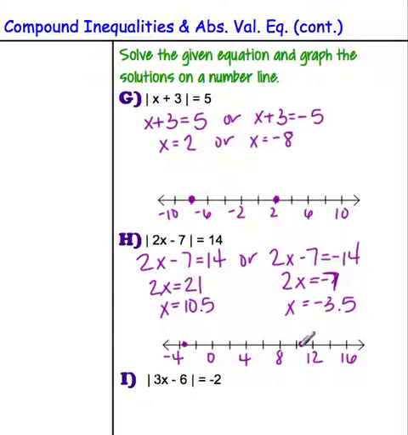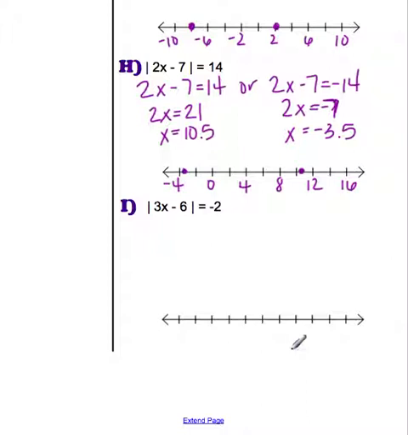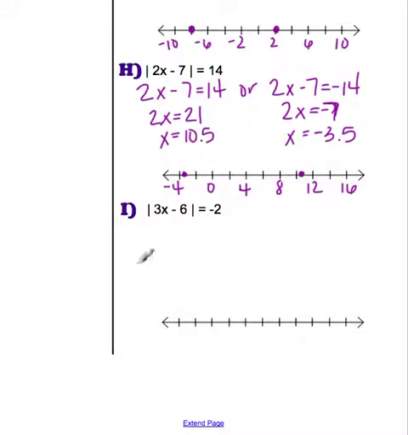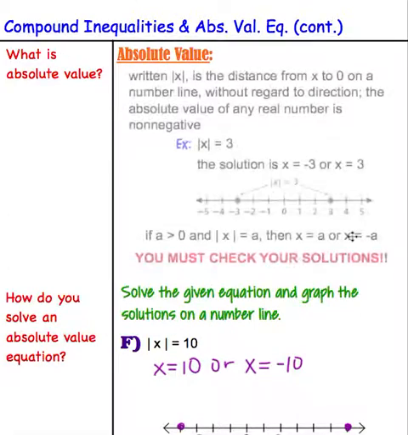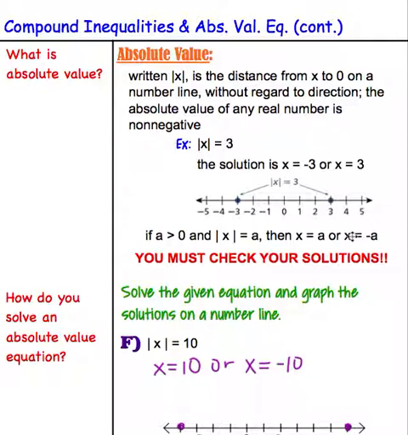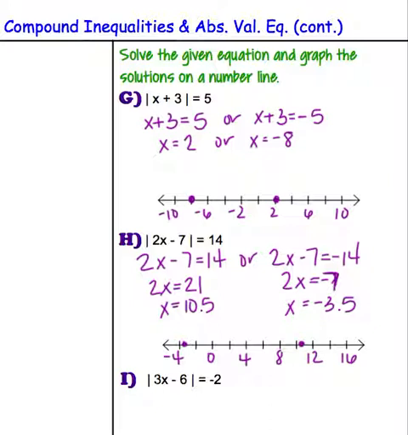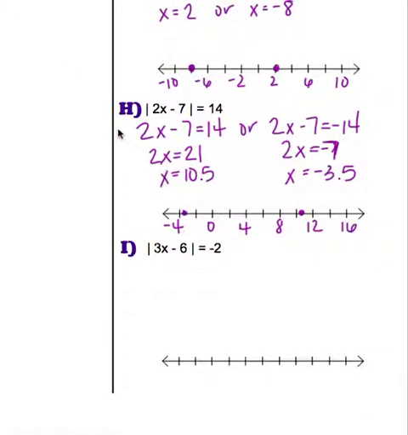Finally, we have here the absolute value of 3x minus 6 equals -2. Now, we have a situation here where this is saying that, as we mentioned in our rule back here, that if a is greater than 0. As you can see in our instance, a is not greater than 0. So therefore, this will have no solution,